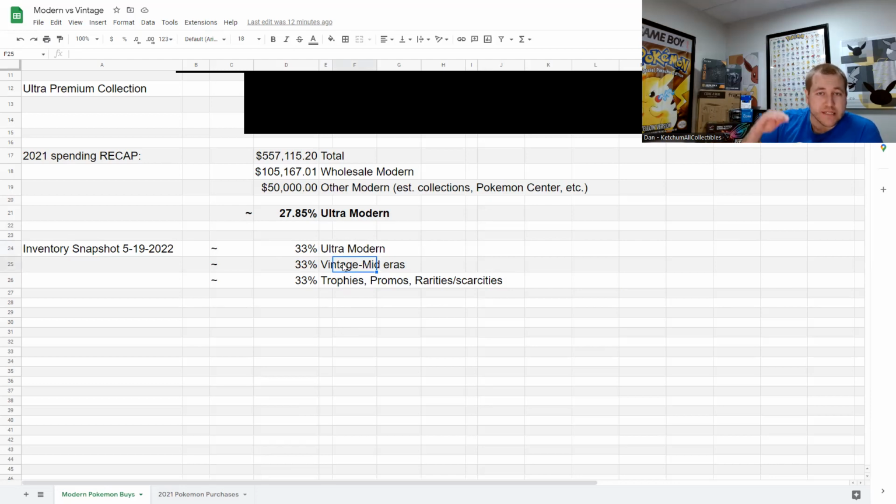Vintage mid would be a step, slightly higher margin, slightly harder to replace, though not all of it is. PSA 9 and 10 commons and uncommons in raw mint grade, raw mint copies to be graded, those are pretty easy to replace. But things like this, even though it's an 8, I mean, this could be a pack fresh card. So like WotC first edition holos and high grade or raw mint, those are a bit more scarce, a bit harder to replace. And then trophies, ultimately, if and when I ever decide to part with them,